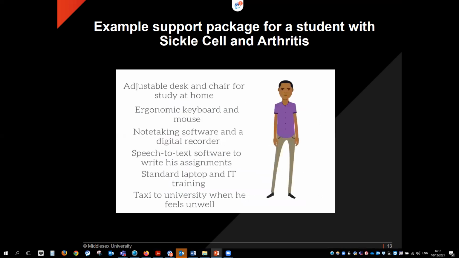So let's look at the last example of a student who has sickle cell and arthritis, so these two conditions. So for a student with physical impairments such as arthritis, we can recommend an adjustable desk and chair, ergonomic chair, for their home. So a specialist will visit them in their home environment to assess what the student needs and then the recommendations will be put in place. So any ergonomic